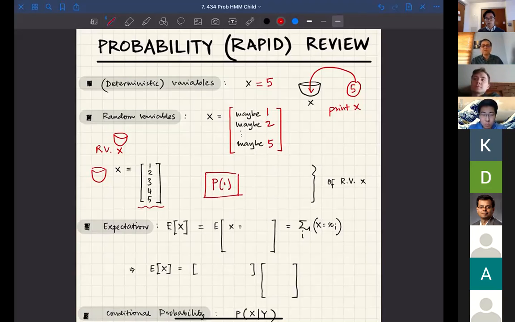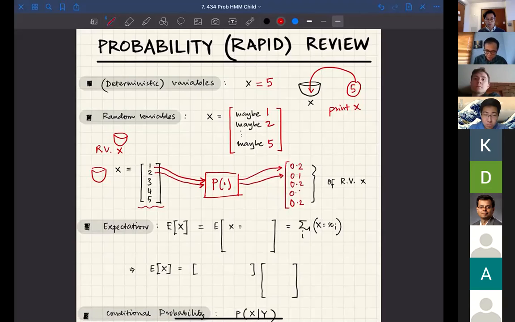That box is called the probability box or the distribution box. If you give a value as an input to that box, it will tell you the probability of that value that x can take. So if you ask the distribution box, what is the chance that x will take 1? The distribution box will say the chance is 0.2, let's say, just as an example. What is the chance that x will take 2 as the value? That box says maybe 0.1. And so forth. Actually, let's fill up the values.